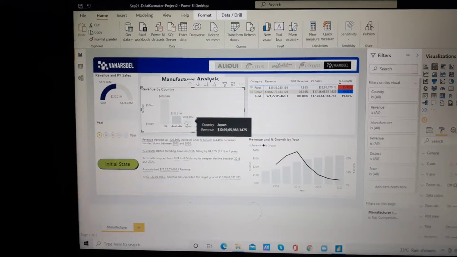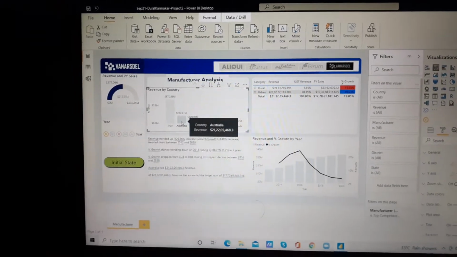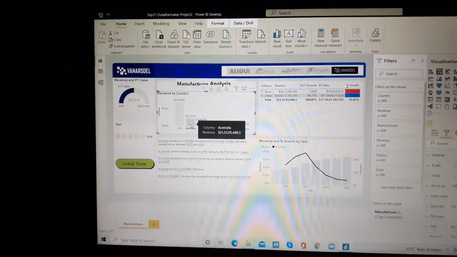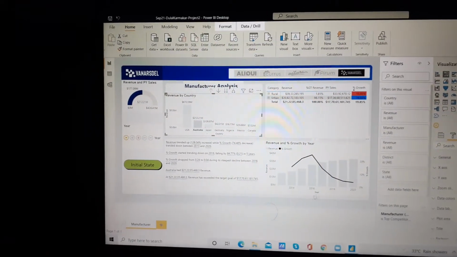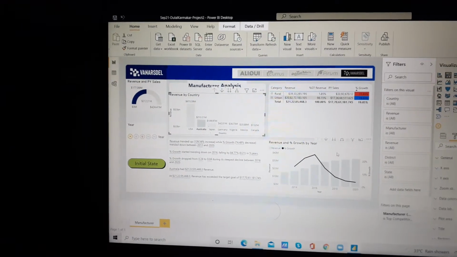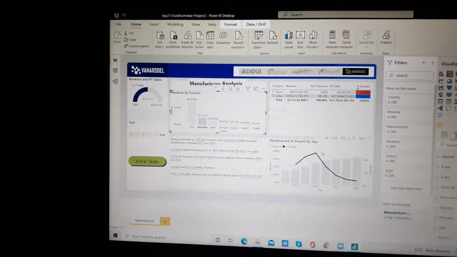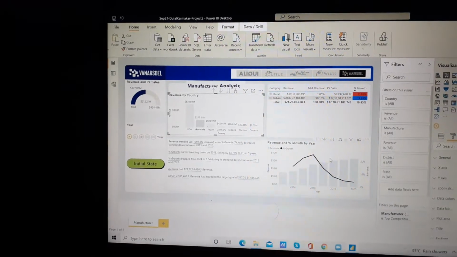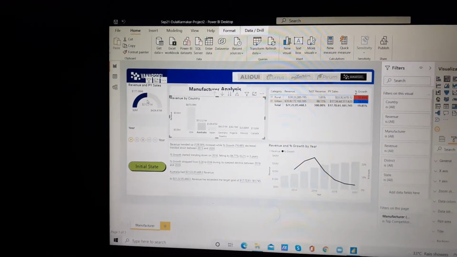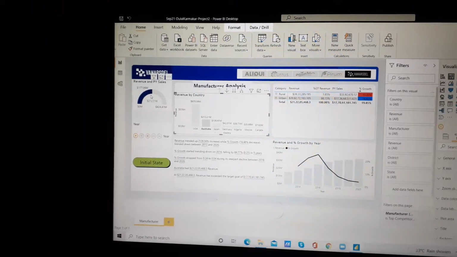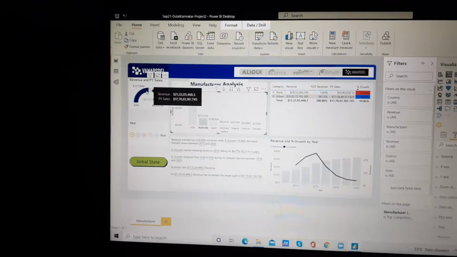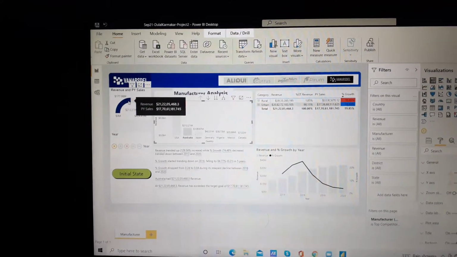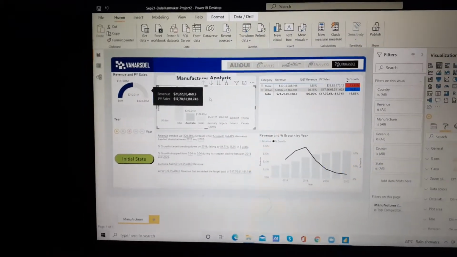So it's showing the country name and the revenue, right? And as I clicked on the Australia column, we can see the changes in this chart. Also, in this chart, revenue and PY sales, we can see the actual target and the revenue and the PY sales.